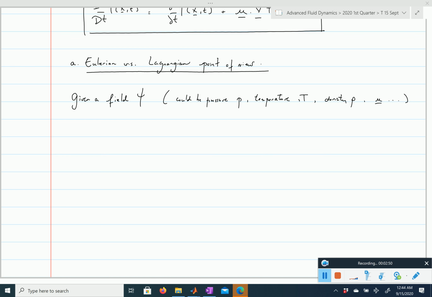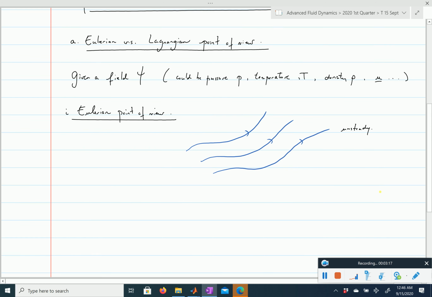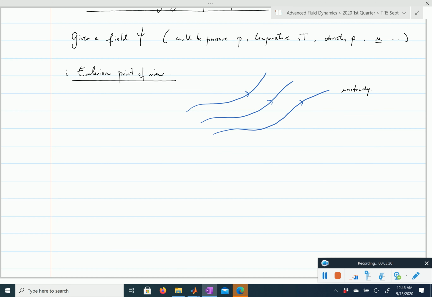Now, how can we describe how this field, how psi varies? Well, there is a first way of looking at it. That's the Eulerian point of view. Let's assume that we have flow. I'll just represent flow with these. These are neither streamlines nor particle path lines. It's just a way of representing flow. But let's think about a flow which is unsteady. Now one way to look at the variation of psi, so how psi changes with time,